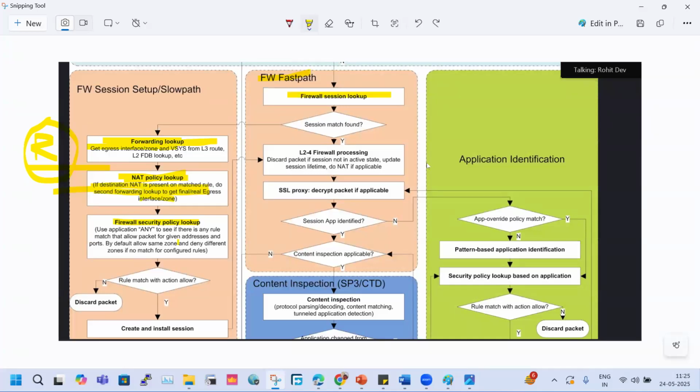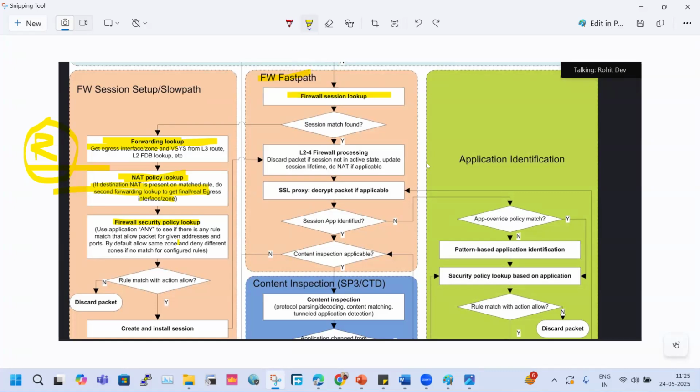Yes, you are right. After a particular time, the session will be discarded by the firewall. Then again, when the traffic comes to the firewall, it will consider it new. But here we are discussing the case when you have a connection available, but it is inactive with your firewall, right? That is not discarded by the firewall. That is also not a new connection. That is kept by the firewall in an inactive state. If it is kept by your firewall in an inactive state, that traffic will be discarded by the firewall.